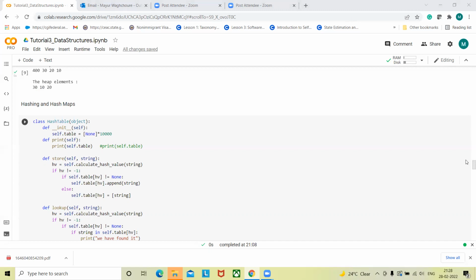Next thing is hash maps, or hashing operations. We were discussing this in the last lecture. Whenever a particular array is quite big and there are a lot of numbers, it becomes quite difficult for us to do that searching effectively. So in that situation, what we can do is, when we talk